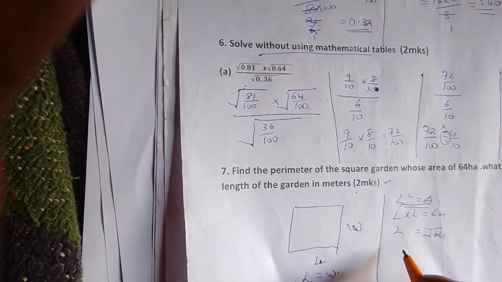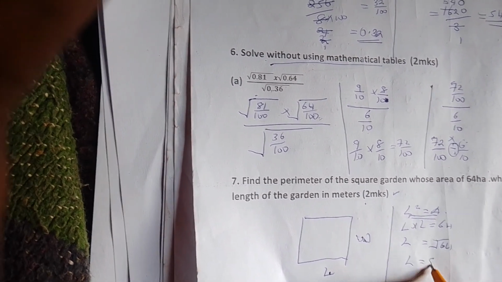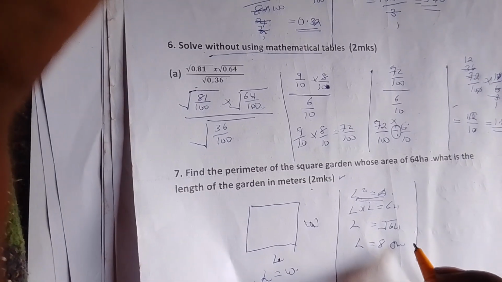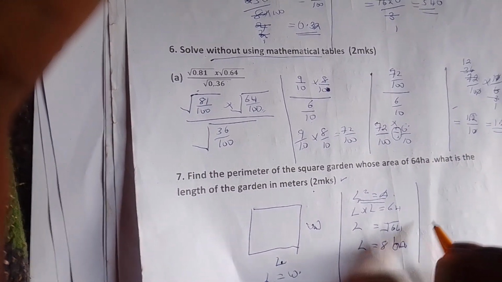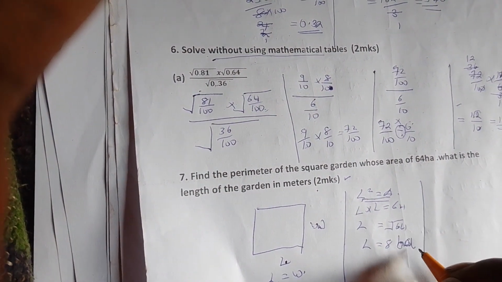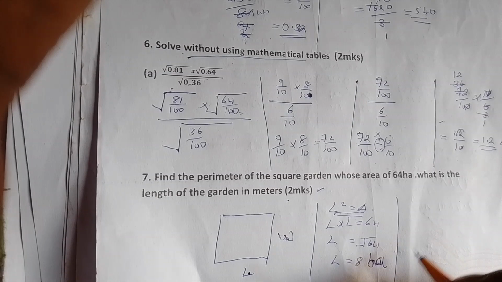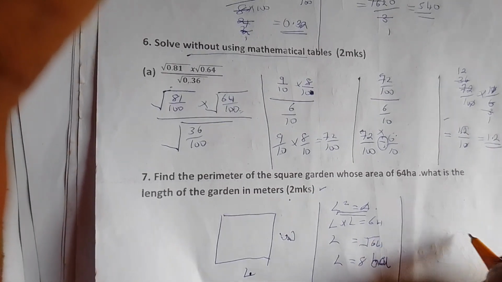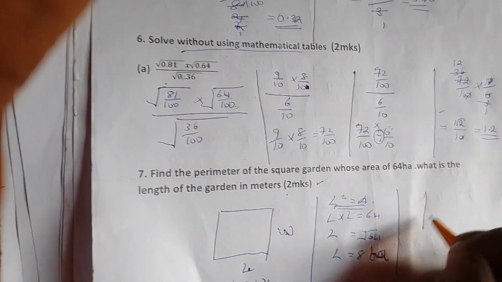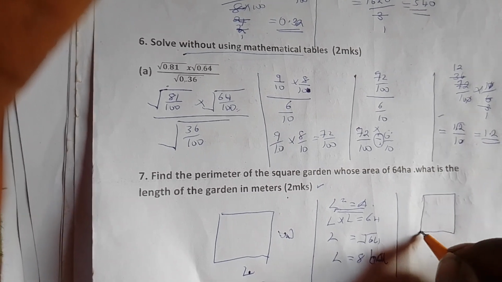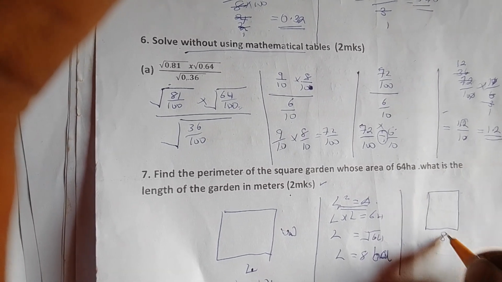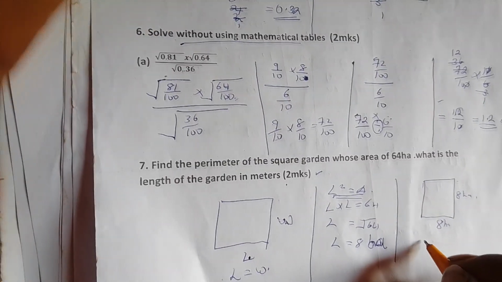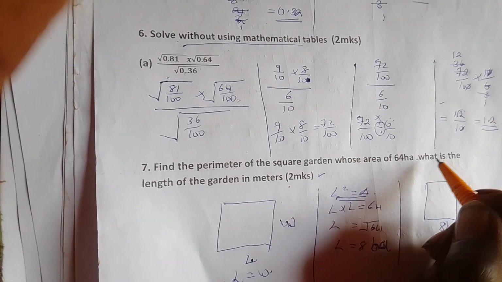And then find the square root of 64, you realize length is equal to 8 hectares. That is 8 hectares. And now we have L is equal to 8 hectares. That means that since all sides of a square are equal, this side is 8 hectares and this is 8 hectares. So to calculate the perimeter of this square garden,